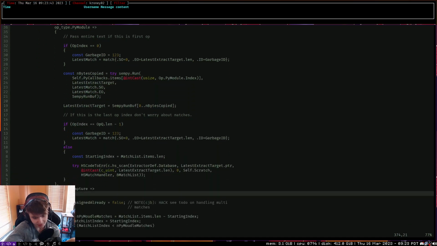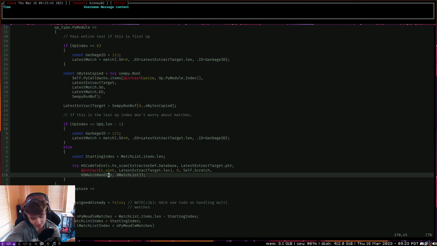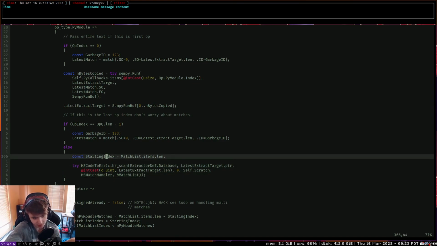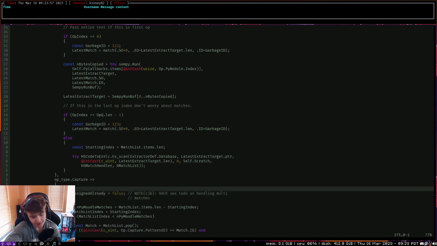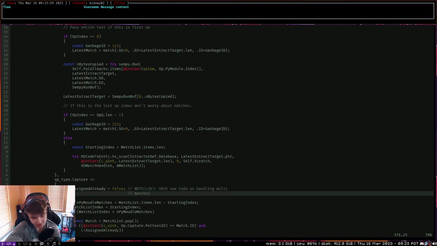But the other way is to just use a singular array list and get away with just recording where the new indices started from, where the new matches were appended to, and then I can have a check down here that says, okay,